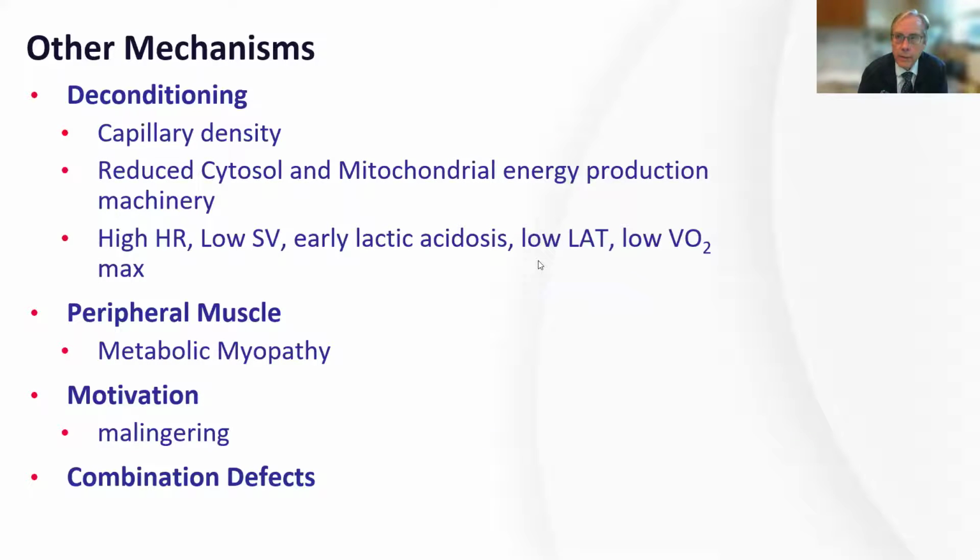Deconditioning is actually very common in our society. There isn't a lot of exercise that anybody does, but it affects both the mitochondrial function and density components. It also affects the capillary density, and it probably affects the peripheral distribution of blood flow. So all those are important, and all those respond to training. But the things you'd be looking for are a high heart rate, low stroke volume, early anaerobic threshold, and a low peak. So these are mild cardiovascular issues versus actual cardiac disease. Those are very difficult to differentiate and sometimes require further cardiac testing, or to train somebody and see if